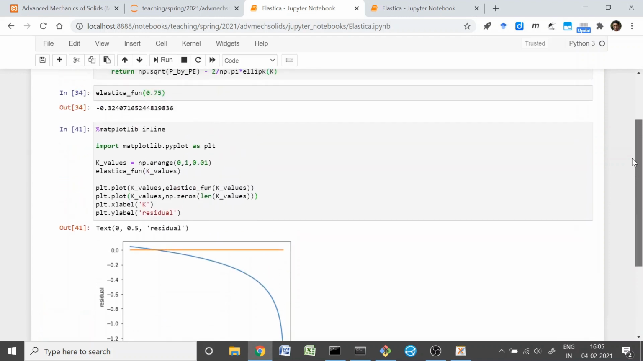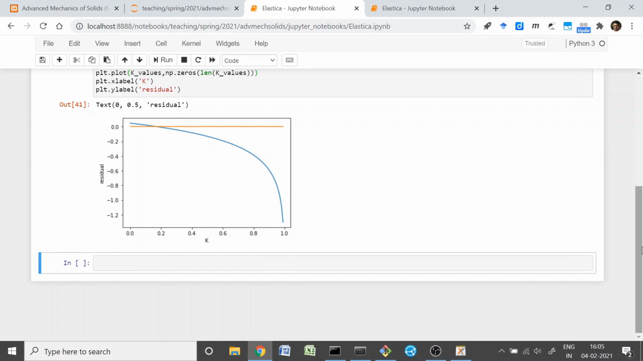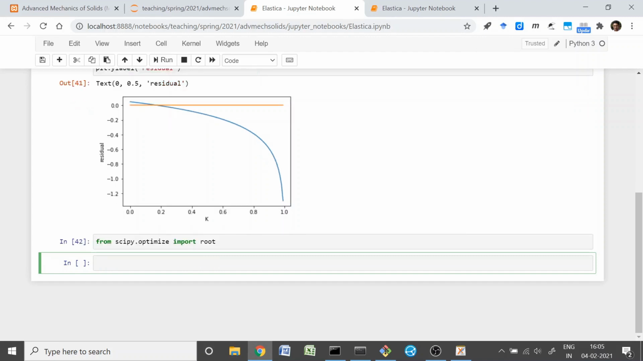What we'll use is we'll utilize the root finding capability within Python, and for that we'll again have to import something from SciPy. This time we are going to use the optimize package, which has the root finding capability built into it. So from scipy.optimize import root, and then